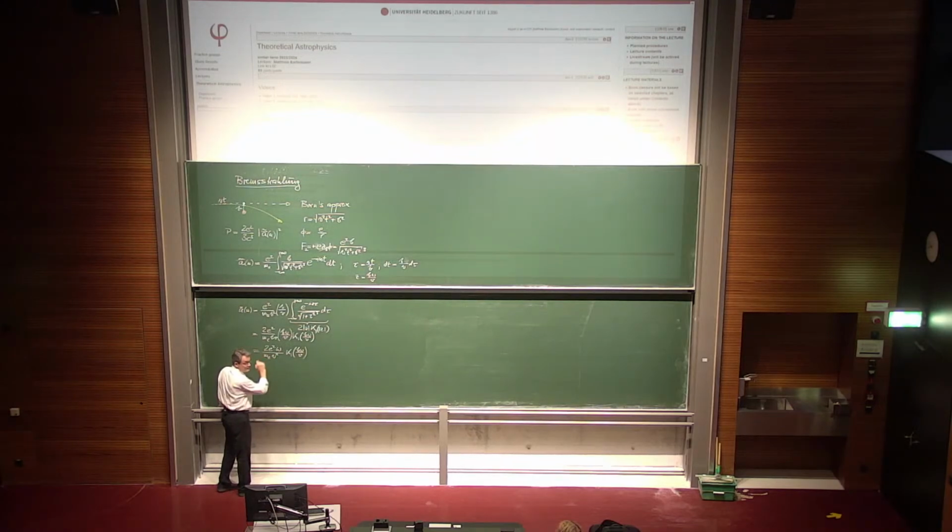MeV squared is an energy. E squared is an energy times length, right? Because in our units, the Coulomb energy, for example, is just minus E squared divided by R. So E squared on its own is an energy times length. So we have an energy times length divided by an energy, that's a length, times a frequency, that's length over time, that's velocity. At least the dimensions are correct, right? Okay.